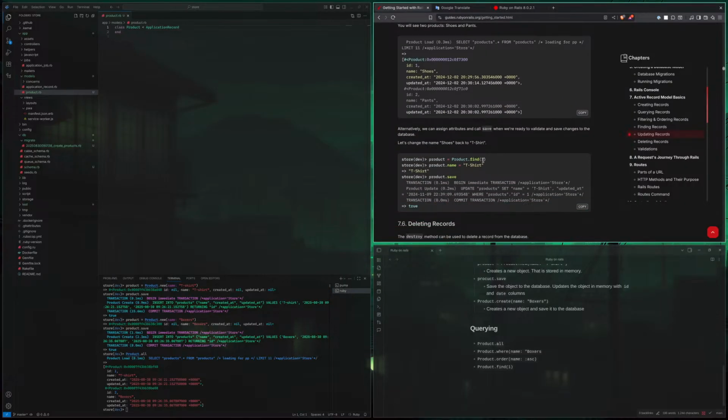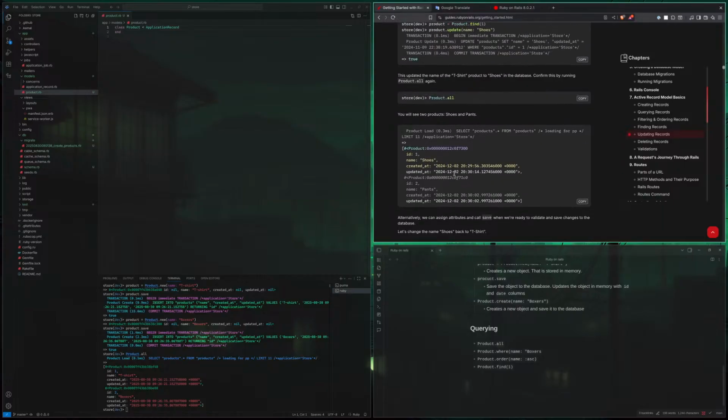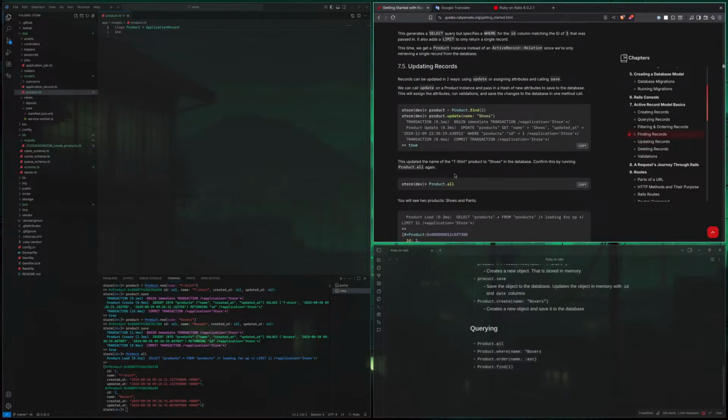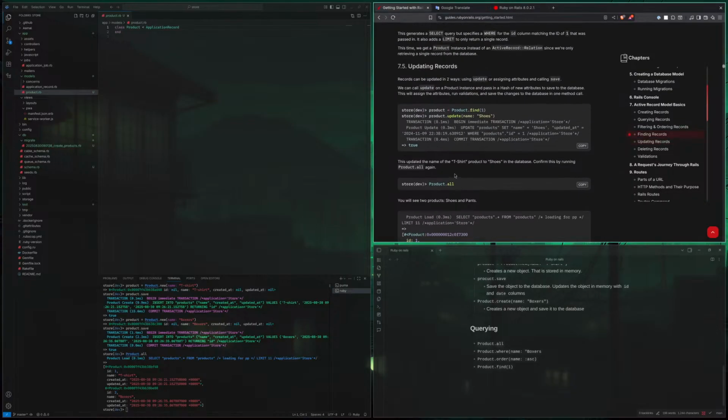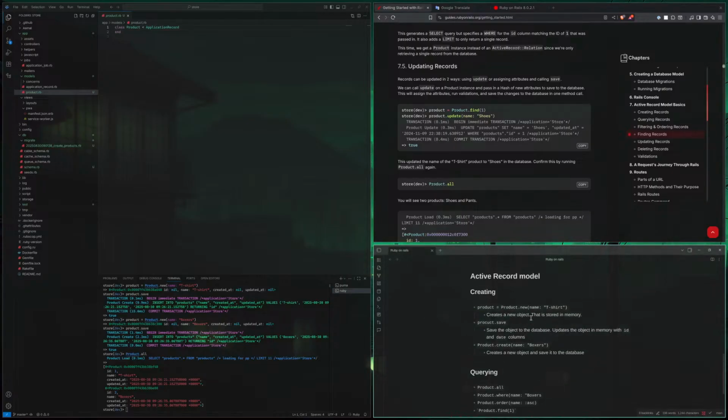Product find 1. We find the product with ID number 1. We change the name to t-shirt and we save it. So this is basically the same thing, right?